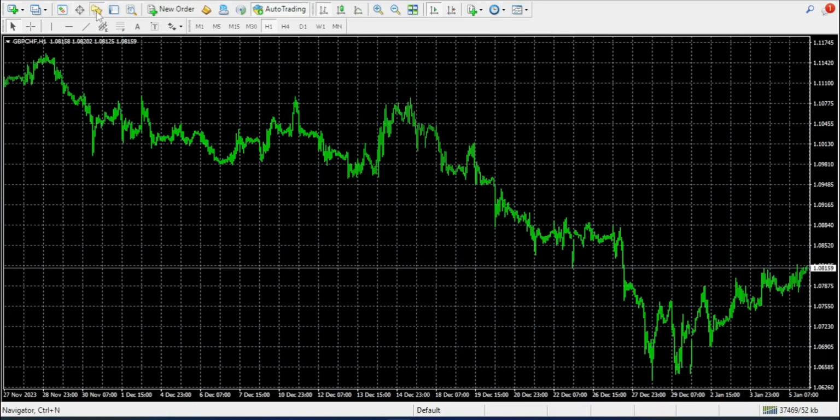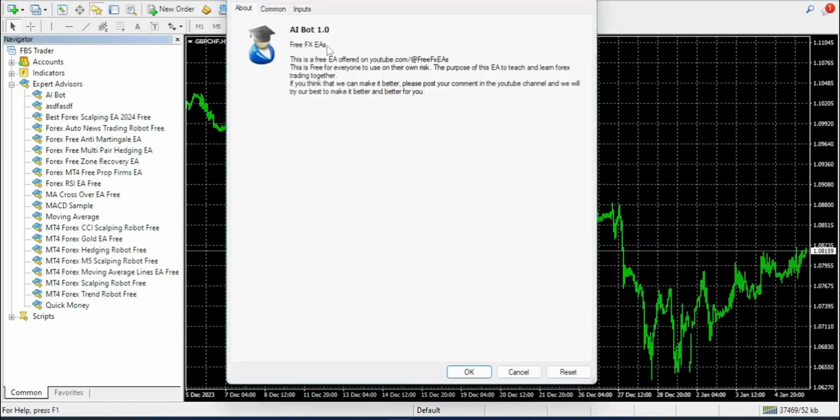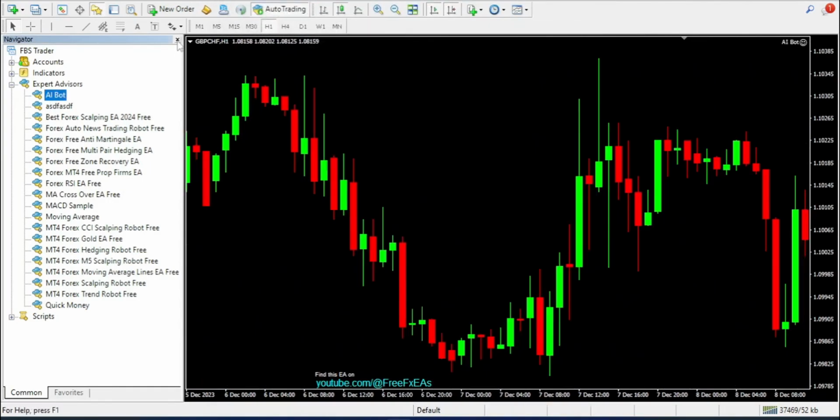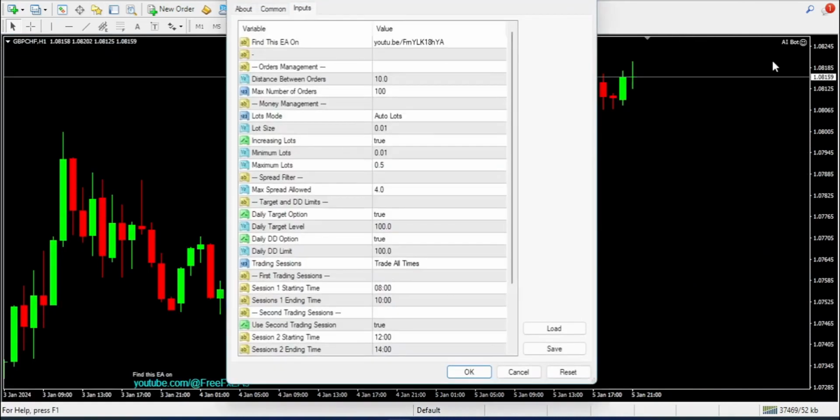So first, I will put the EA on the chart. This is the first version of the AI bot. Then I will click OK. Now I will go to the inputs. This is really important to understand how this EA actually works, then you will be able to use it properly. Actually I was using it on a bigger account size, but if you have like a 1000